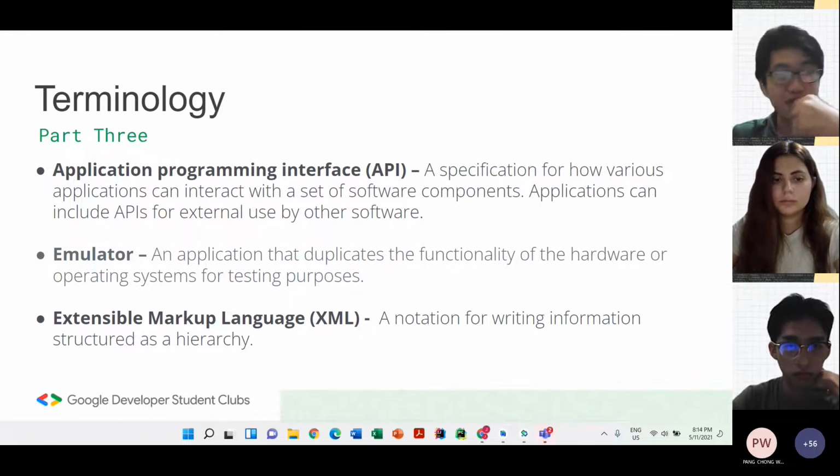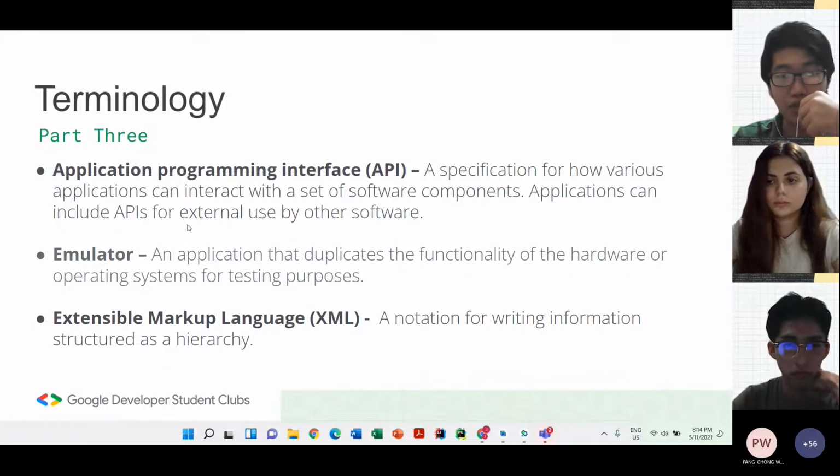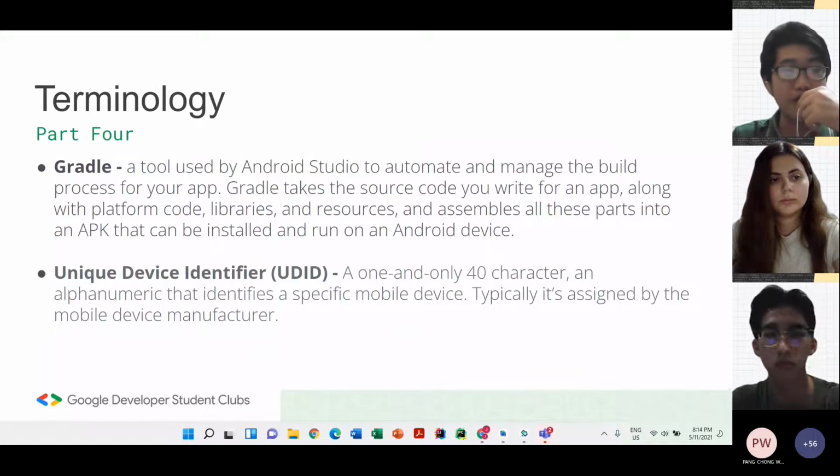Next, we have XML, Extensible Markup Language. It's a form of writing information structured as a hierarchy in key value pairs. For some of you who have gone through database, you'll learn more about XML. But in Android Studio, XML is where you can look at how your app looks, and you can edit the views of your app from there. Next, Gradle.